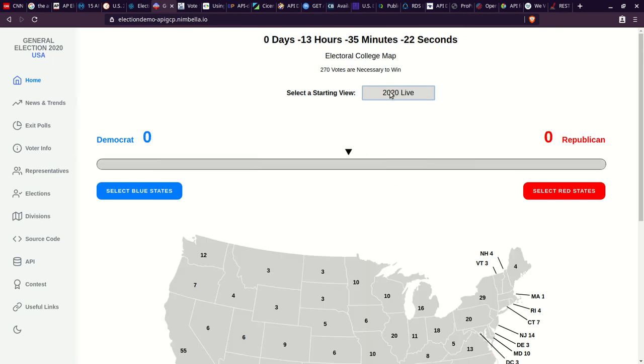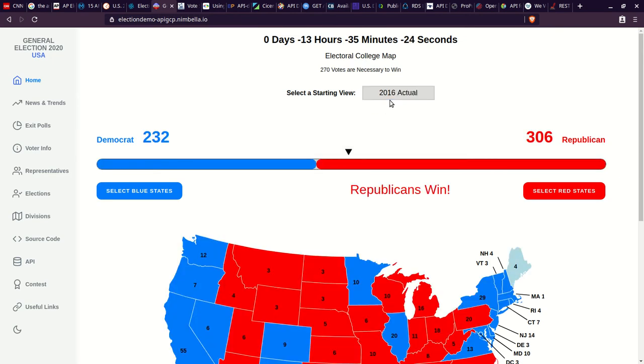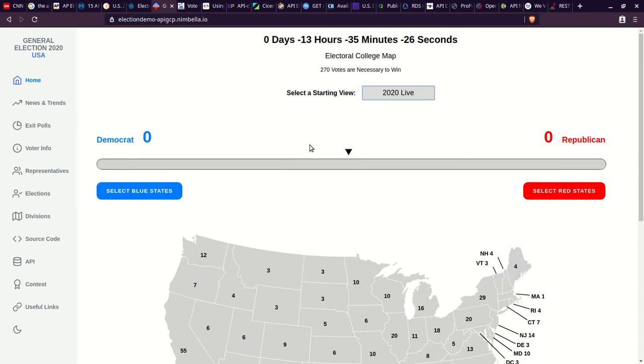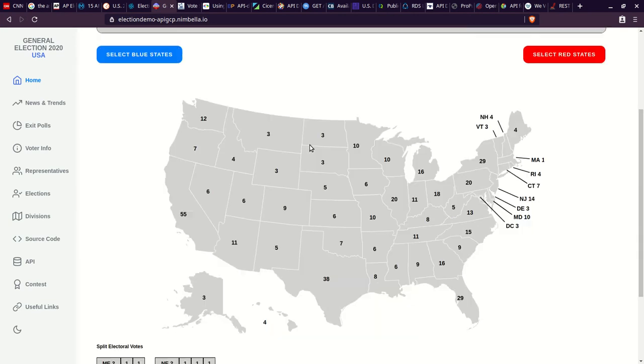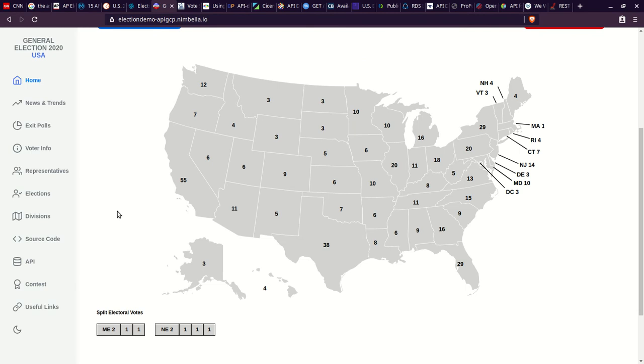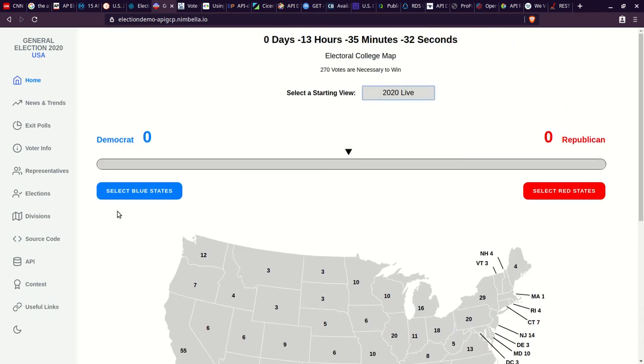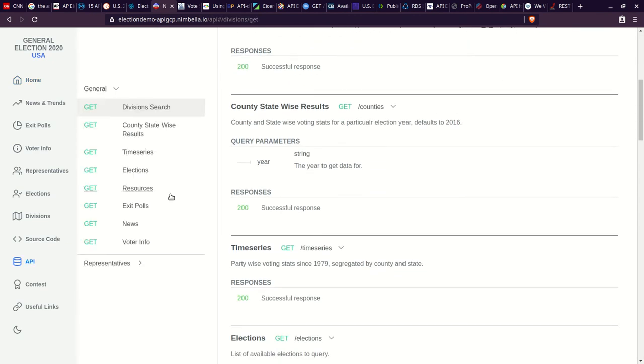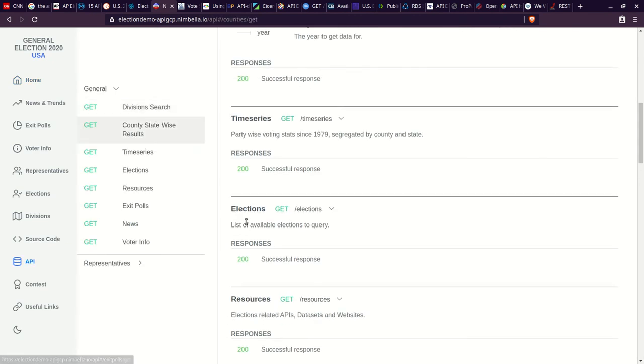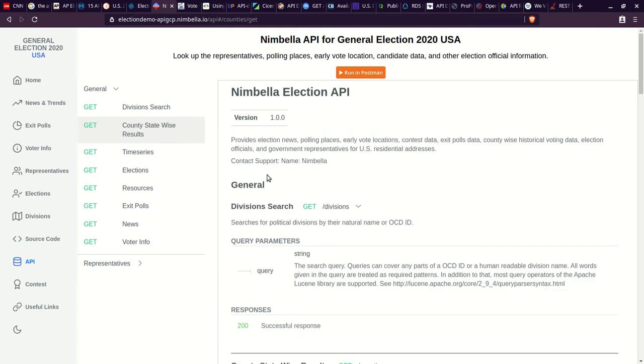It's not populated, and that's what I don't like about this, that it's not populated live time like the AP results is. So unfortunately, hopefully by the time you watch this video, when the election is over, they'll have this code. But you can find individual information about exit poll information, and then county statewide results and other information. But again, this application is underdeveloped, and I think anyone in the audience can make something a little bit better